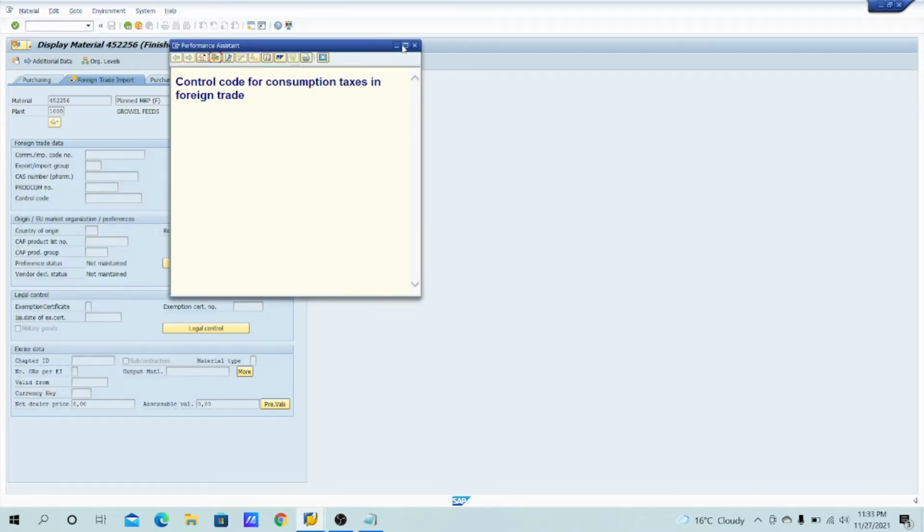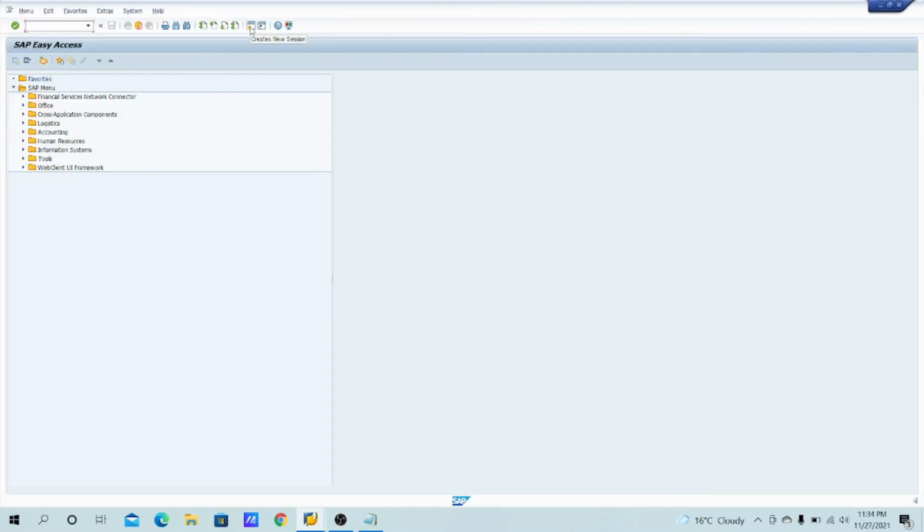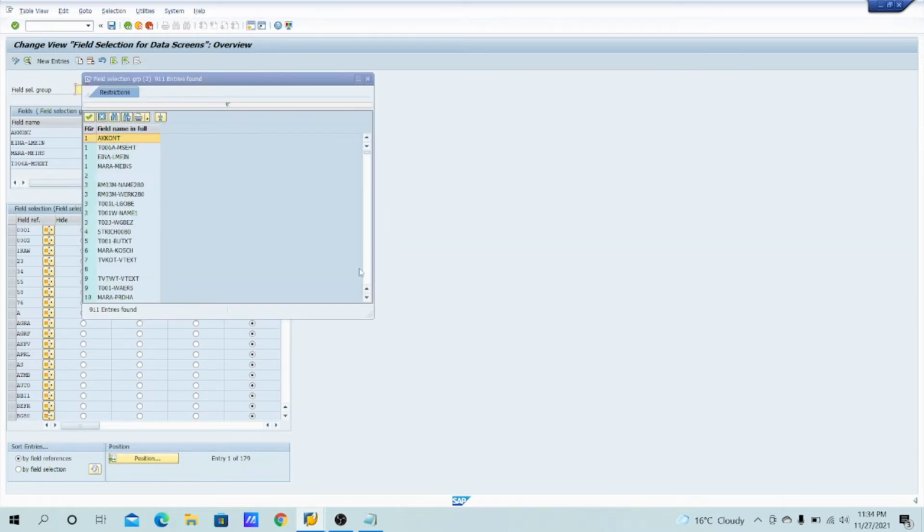Just open a new tab. In the new tab, you enter OMS9, a T code. Here we have copied that field, so enter the copied field here.